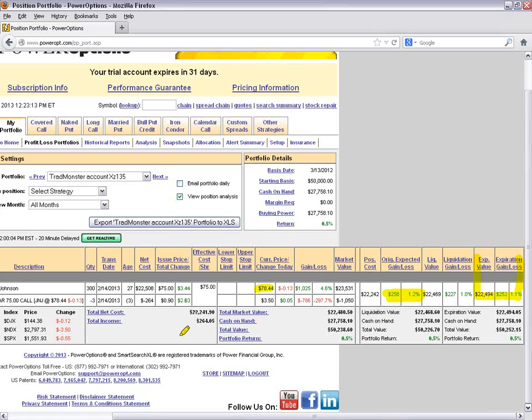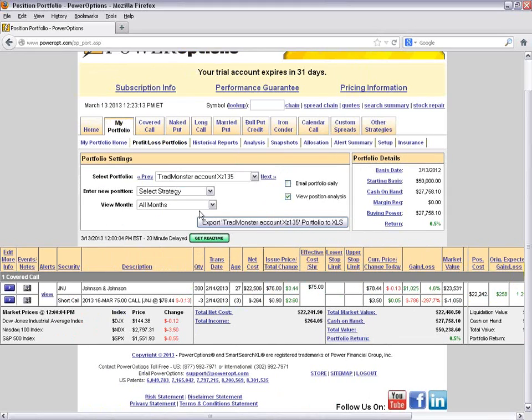but we put in a commission fee, remember, of $5.95. It rounded it up to $6. So we'd probably have to pay an assignment commission that was close to $6. So that's why the expiration value is showing $252 instead of our original expected gain or loss, which is just the combination of the return if assigned, not including the commission fee. Okay, but I highly recommend that you use this because especially for spread trades, when you're doing the iron condor